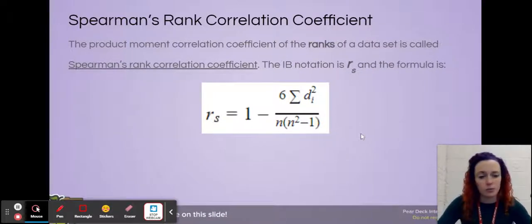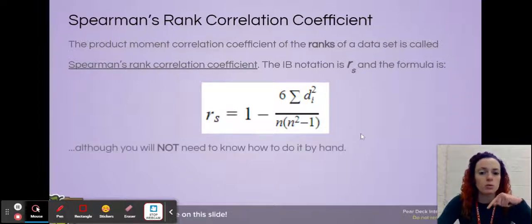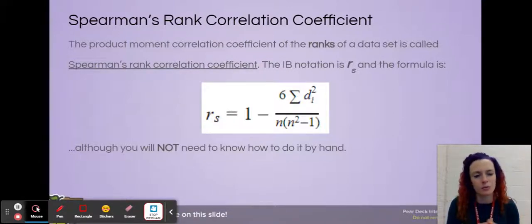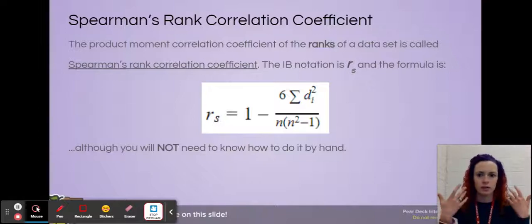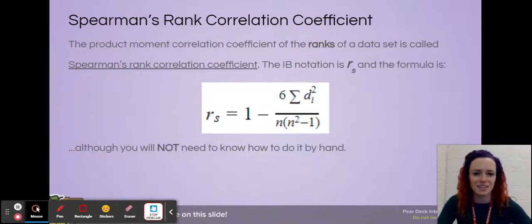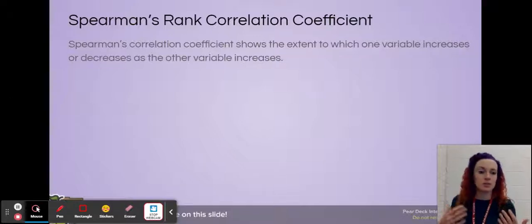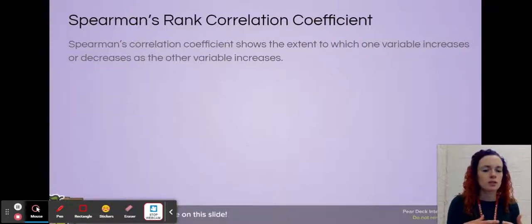That formula is not in the formula booklet, but that's because you won't need to do it by hand on an exam. You might need it depending on what your internal assessment in year 2 looks like. You might need it for that, but you'll never have to memorize this or do it by hand on an exam. All right, so what Spearman's rank correlation coefficient is, its purpose is it shows the extent to which one